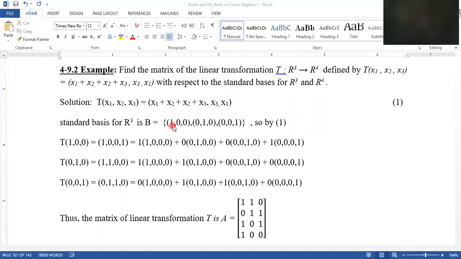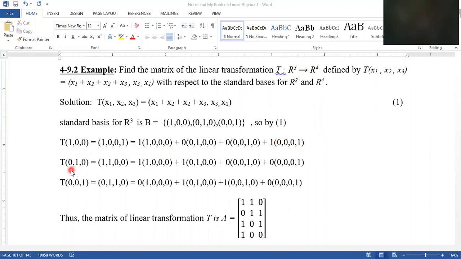Like if we put 1 0 0 in this, that is x1 is 1, x2 is 0 and x3 is 0, in that case our output will be a 4-tuple, and it can be written as 1 1 0 0 plus 0 1 0 0, then 0 0 0 1 plus 1 0 0 0. If you look over here, these elements are fundamentally the standard basis of R4. It means the output